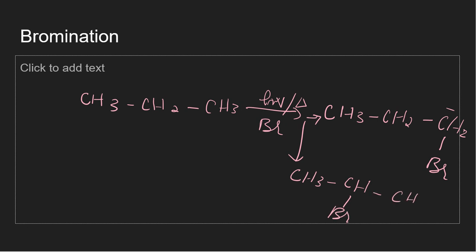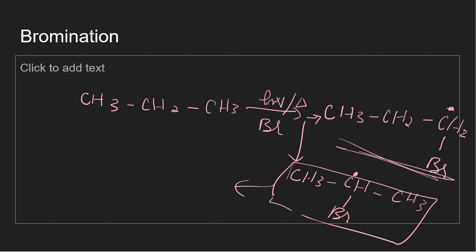So that is your secondary carbon atom. Now always remember, I always told you that a secondary free radical is always more stable than a primary free radical. So this product will be your major product. I'm not saying that the other product won't form. Of course it can be formed, but this is your major product because it is more stable